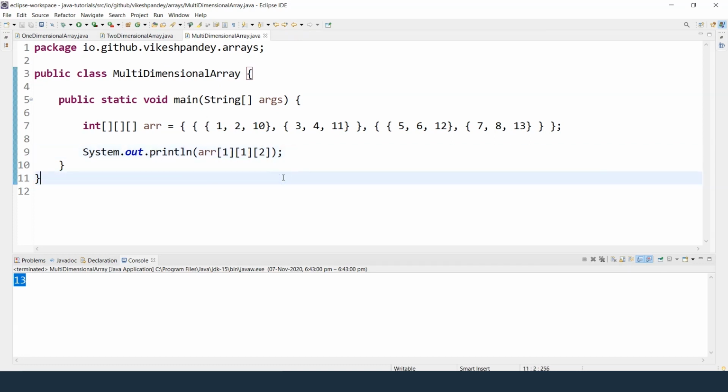This is all I wanted to cover in this particular session, where we describe how we can use a 3-dimensional array. And from here, you can go to any lengths. Like I said, you can add more square brackets here and go to 4, 5, or 6 dimensions. But remember, the more dimensions you add, the more complex the program will be. The program will become more and more difficult to debug and understand. So always try to take a wise call as to how many dimensions you want to use in your array.